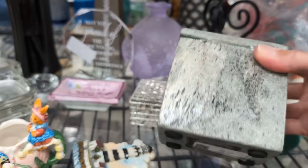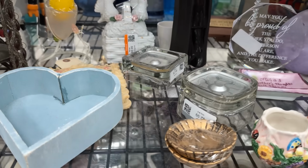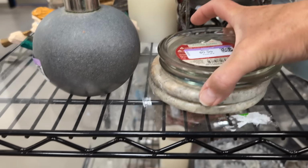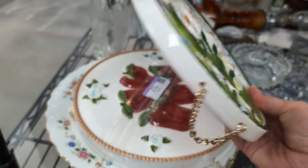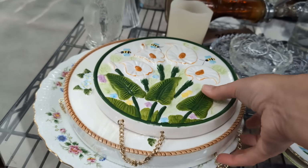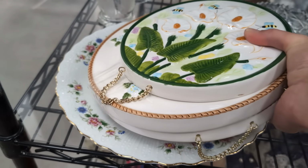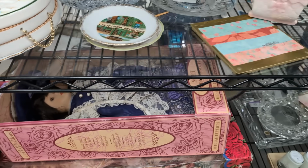Here's another jar. This one is faux stone, mass produced, I think. The magnetic candle holders are still here. Somebody suggested those might be for paper clips on the desk. I thought that was a really good idea. Some coasters. Ooh, what are these? They look a bit like trivets with chain handles. $4, made in China. The quality is just not there on those, and I think the chain handles are just for decoration. I wonder how you would display those, perhaps sideways on the wall and just let the chains hang down. Got plates, some dolls down here,